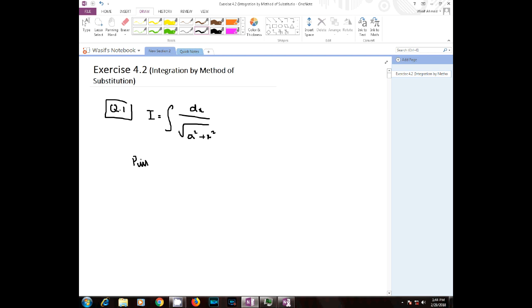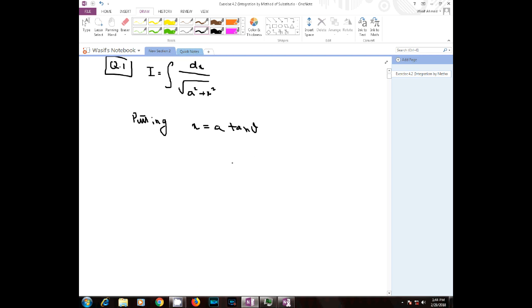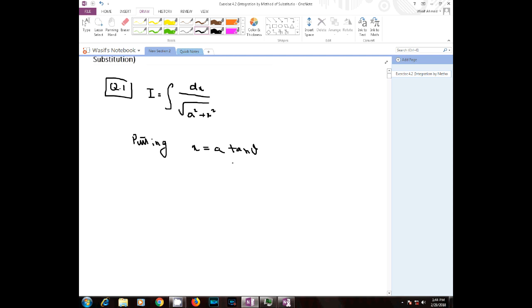putting x is equal to a tan theta. You could also put x is equal to a sine hyperbolic theta. So there are two ways to solve this integral. One way is to put x is equal to a tan theta, and the other way is to put x is equal to a sine